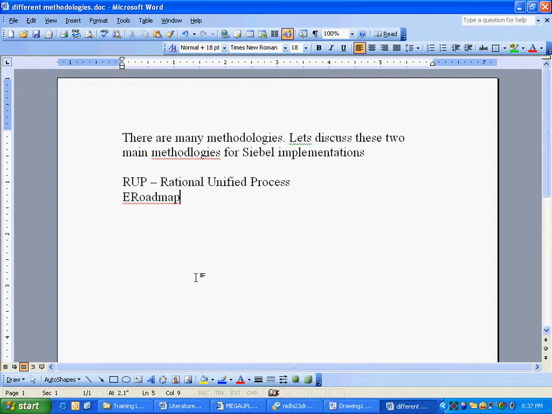In the e-roadmap, what we do is we first make a scoping document, then we make a gap analysis document, and then we start prototyping. So we call it the discover, define, prototype phase. I'll go over that, just remember that we have to do that. Then RUP. In RUP, we first make a business requirements document, then a functional requirements document, then a functional design document.